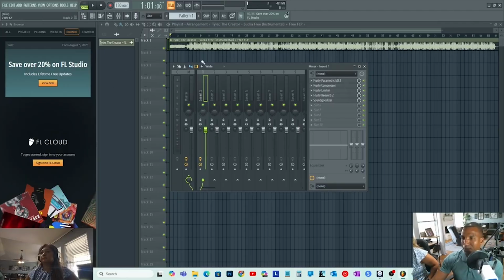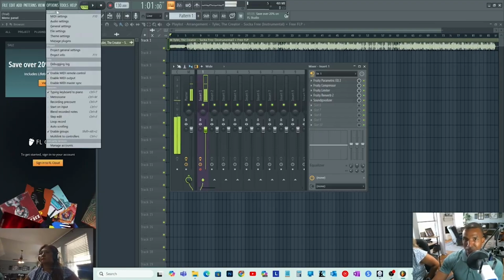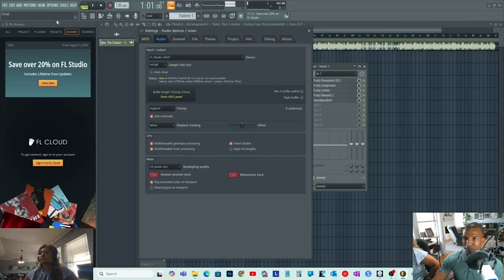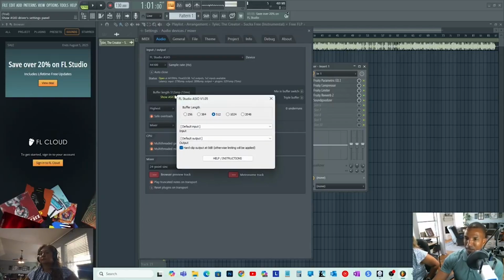This mic has a little delay because it's coming through Fruity Loops, and Fruity Loops is going through the sound, so there's that slight delay. If this is what you have, you can try to adjust it. Go to options, audio settings, then playback. Show ASIO panel. What we want to do is a quicker